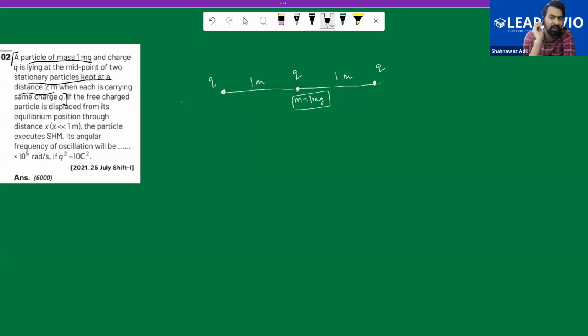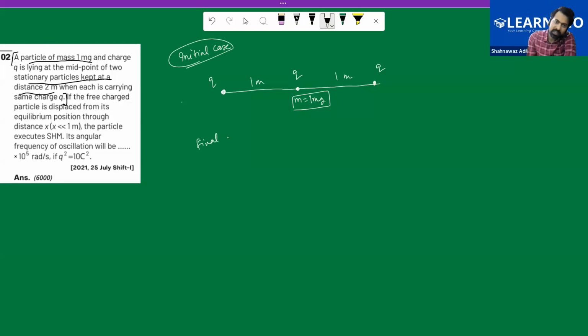And if we are not applying anything to it, if we are not providing any other thing, so this will remain in this position. Now what we are doing? So this is the initial condition, initial case. Now what we are doing is that,